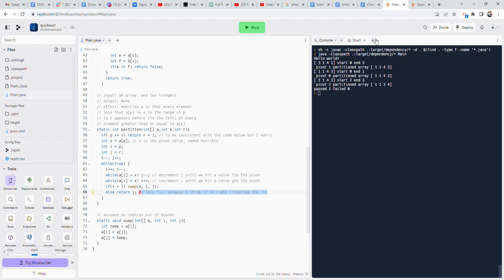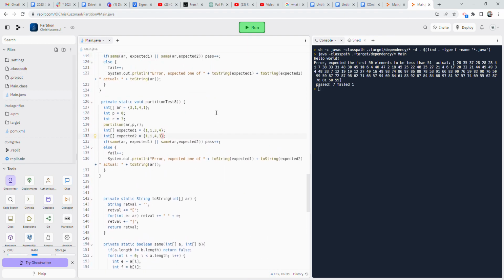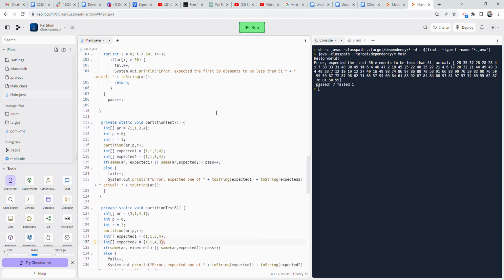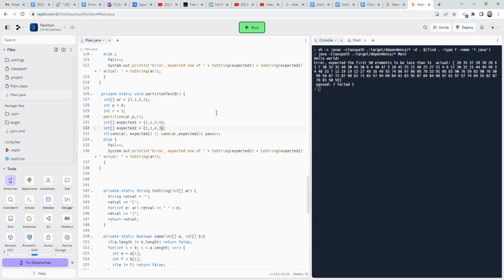The additional thing that I discovered was about what happens when you do a partitioning. Let's look at the actual test code, partition test 8, for example. Here we see 3141, and one of the possible acceptable answers is 1143. That does partition things, and I was kind of getting confused when I was trying to debug,